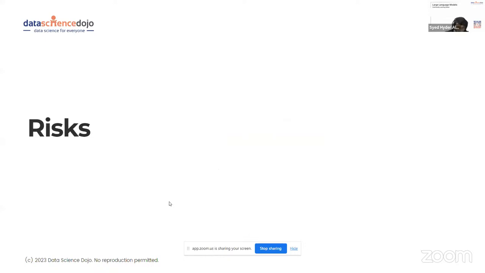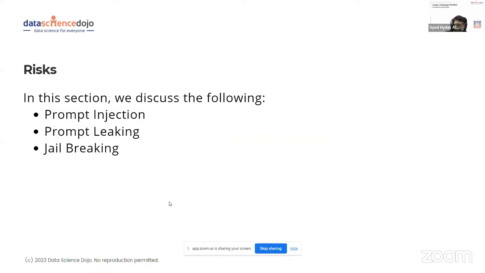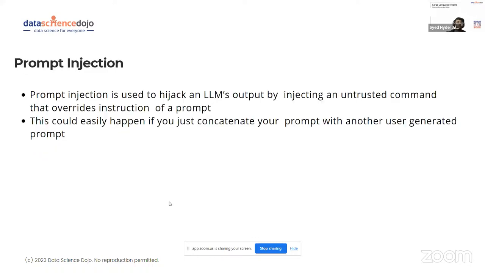There are a few risks, like prompt injection, prompt leaking, and jailbreaking. In prompt injection, we can hijack our LLM. For example, you could scrape a website that your LLM knows is sensitive or has sensitive data, so it says it cannot scrape it, but you could inject some terms, because the instruction that was previously given, telling it what it does not have to respond to, can be overridden. You could inject commands that break your prompt and get that answer.